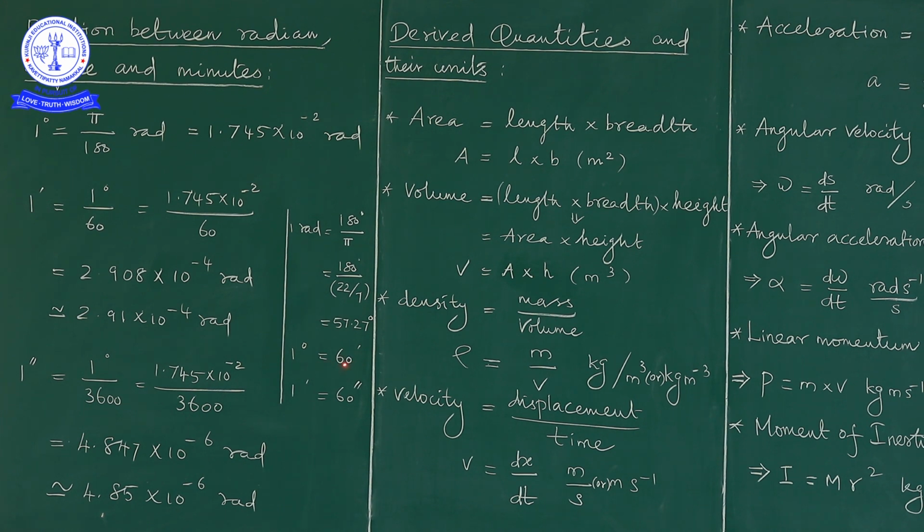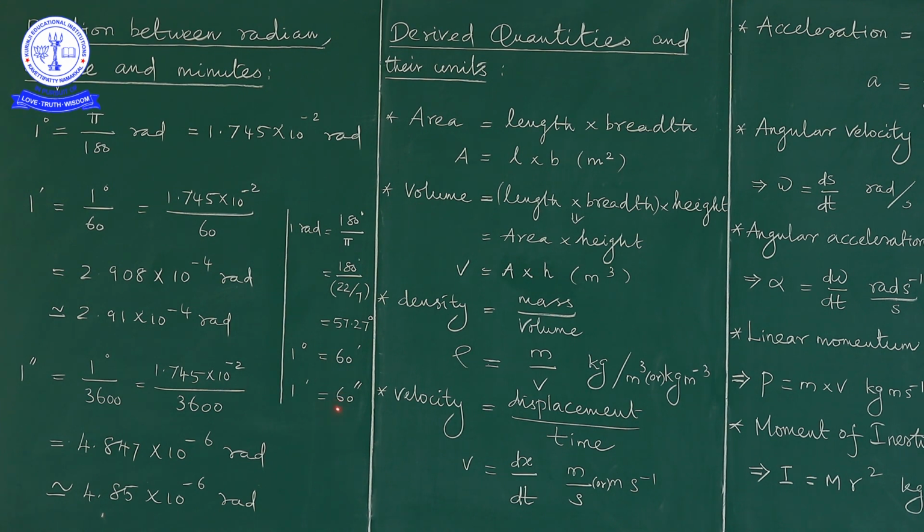Just let us consider a clock. In that clock 1 hour is equal to 60 minutes. We know very well. Like that, 1 hour is replaced by 1 degree here, 60 minutes as it is. So 1 degree is equal to 60 minutes here. And 1 minute is equal to 60 seconds.